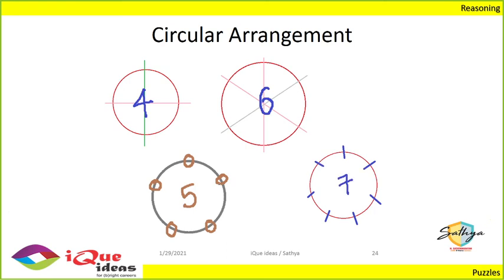whatever number. Irrespective of how many people are given, you have to make sure that you are drawing them more or less at the same distance from each other, right? Because I've seen people making 6 people sit in a circle like this. This is not 6 people sitting in a circle, right? You need not be very precise, but when you're making them sit, they always need to seem as if they are equidistant to each other.